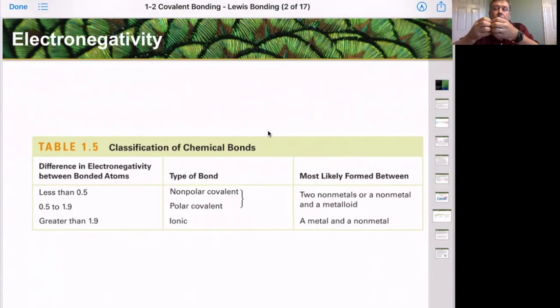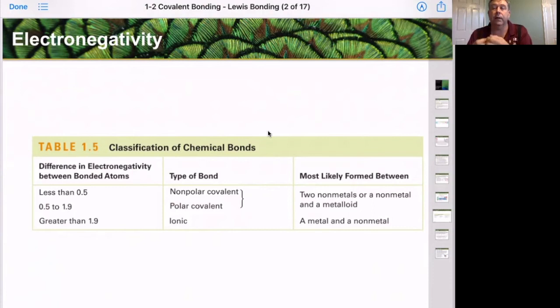Okay, so that means we're going to form a covalent bond because we're still going to share. I don't steal your electrons away, but we're going to share, but it's going to be pulled more toward the electronegative element, for example, fluorine, as opposed to carbon, giving us a polar bond, but it's going to be a covalent bond because